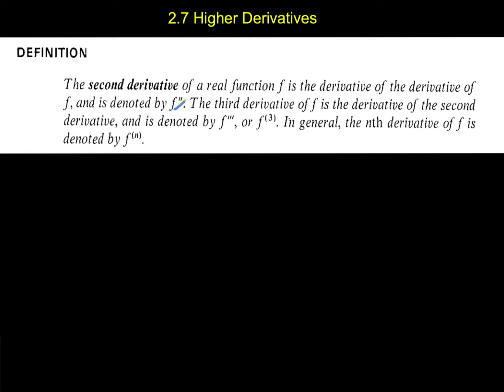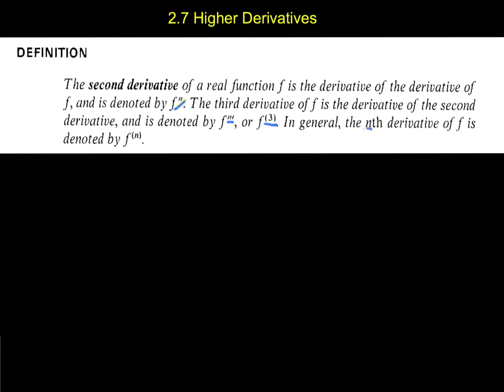Now, the third derivative of f is the derivative of the second derivative, and we will denote that with a triple prime, or sometimes to make it easier to read, we'll raise it to the 3, but we're sure to put parentheses in here because we don't want this to be mistaken to mean the function raised to the third power. So when we put parentheses, we're saying, hey, we're going to do the derivative 3 times,